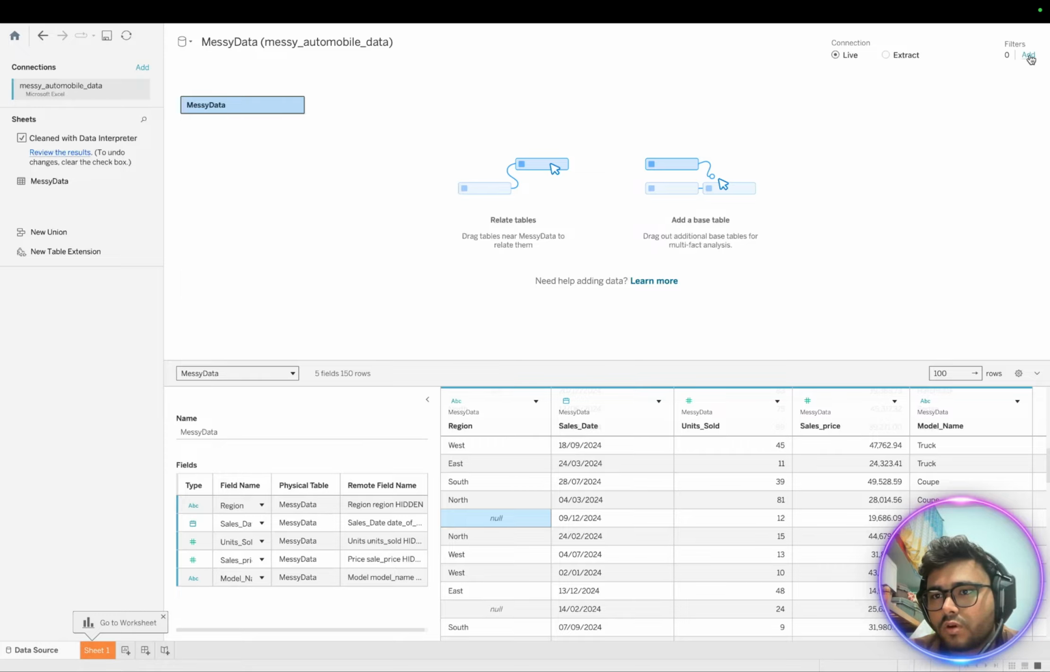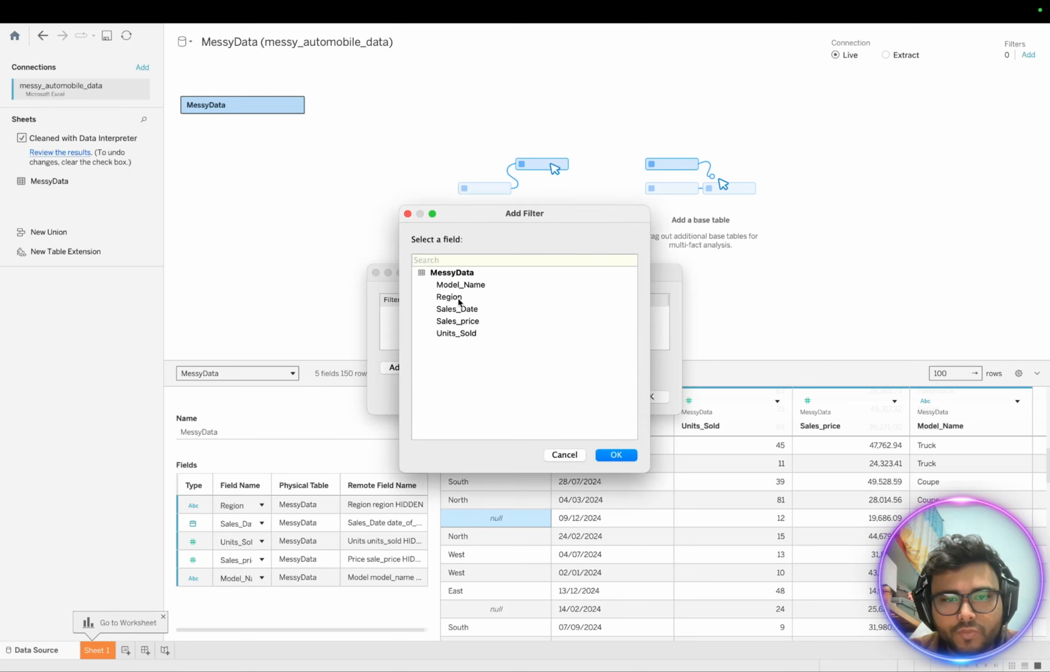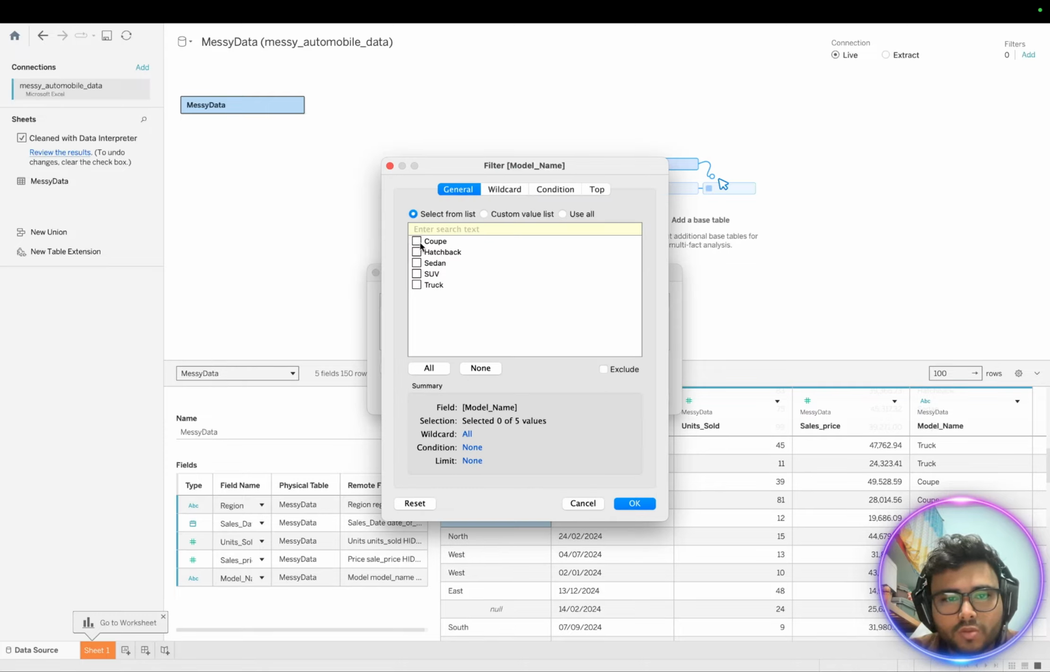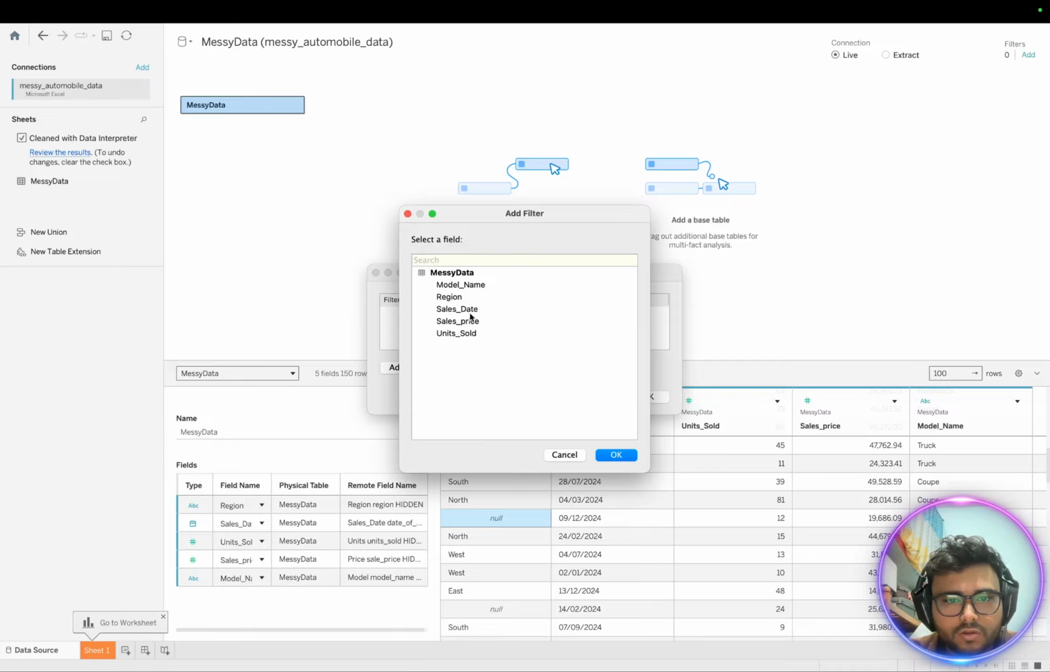and yes, there is something called filters. So let's click on add, and here I will add each and every field, and from those fields I will remove the null values. So I will click on add, then let's first click model name. Okay, in the model name I don't have any null values, so this is fine. I will not apply any filter on this. I will click on cancel,